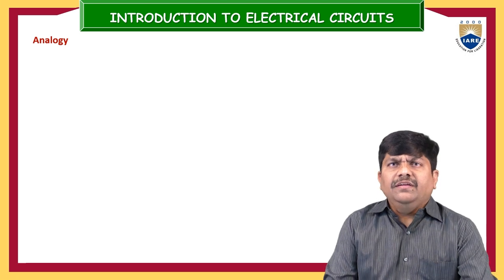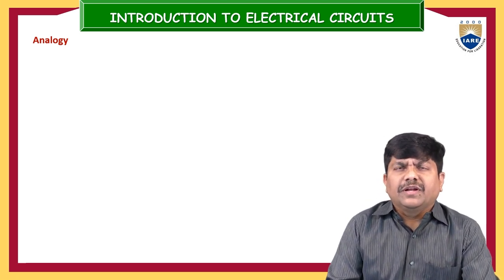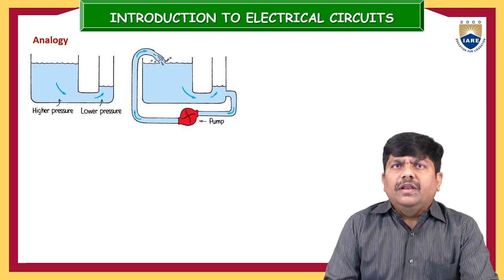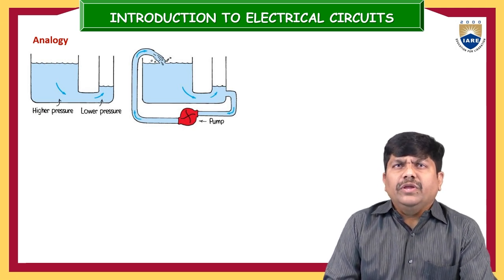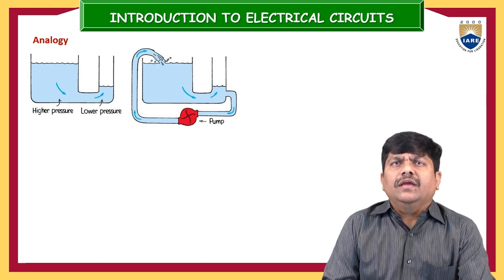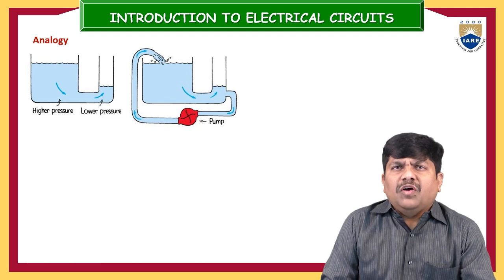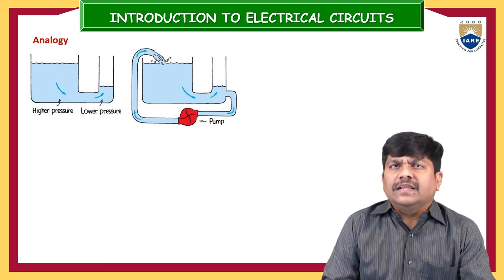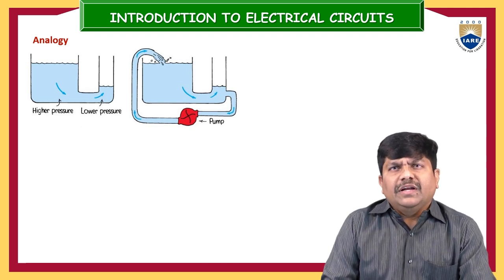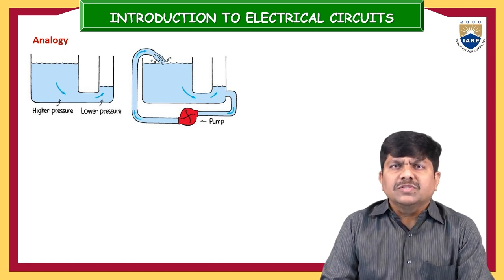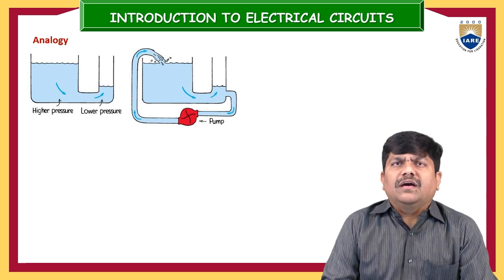Now let us understand the analogies between the water circuit and the electrical circuit. Let us take a water arrangement like this. If the diameter of the beaker is large, it will allow more water in it. If the volume of water is high, it will certainly create higher pressure. Similarly, it can be compared with a beaker. If the diameter is smaller, it allows a very small amount of water, the volume of water admitted is also low, so it will create lower pressure.